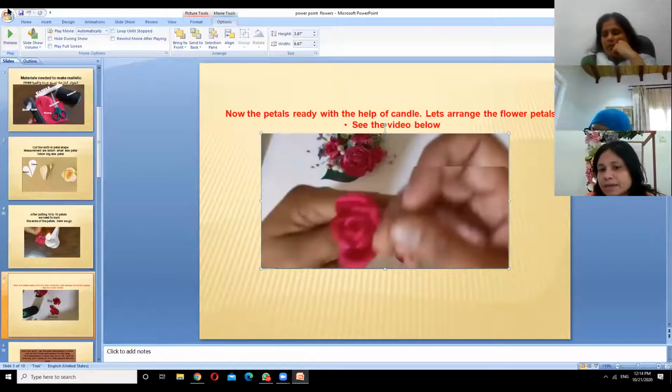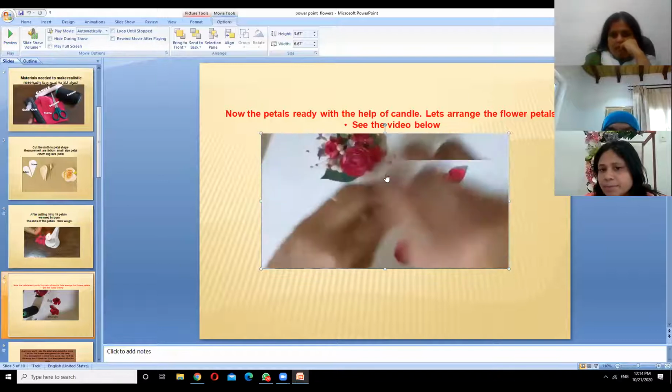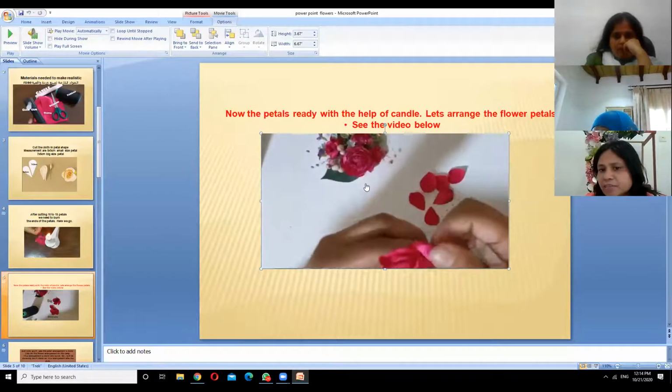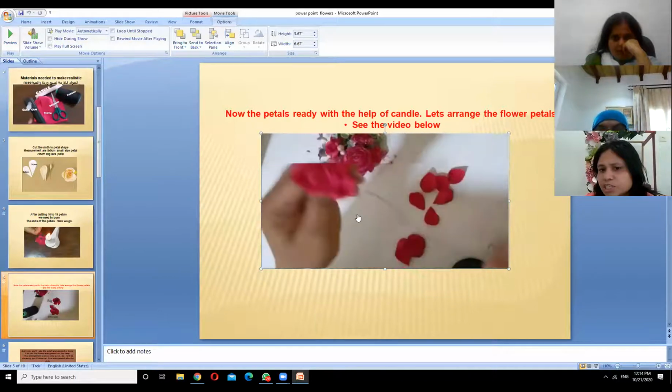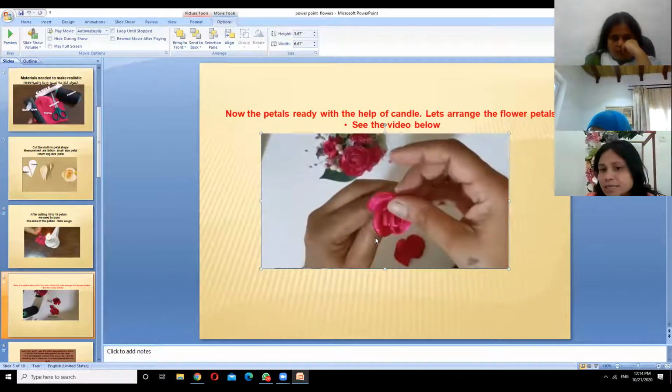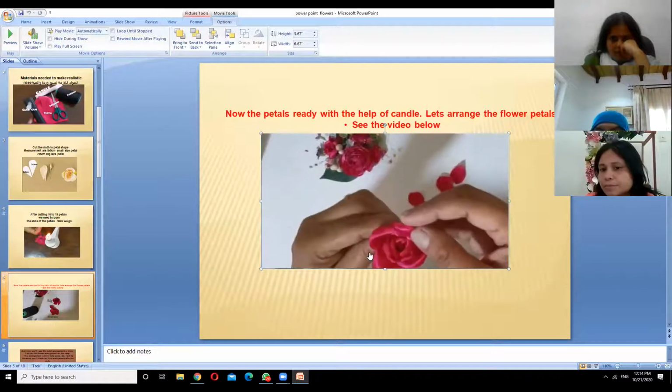See, my ends are burned very well, and you have seen the nice curves formed at the side of the petal.